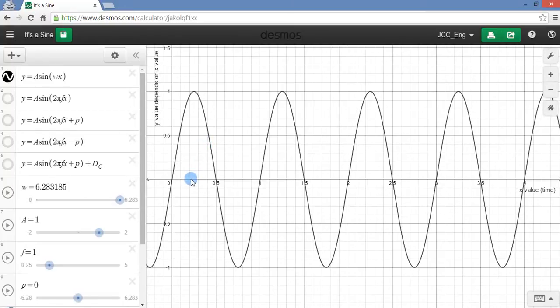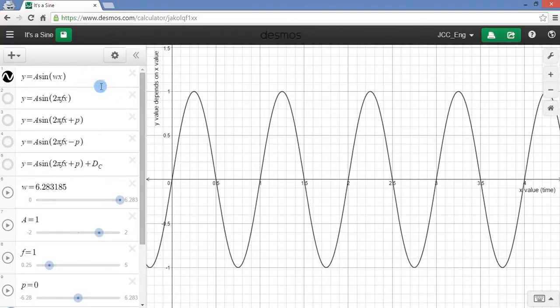It's the distance from 0 to the maximum. So here our A, our amplitude, is 1. That's like 100% of what the sine wave can ever get to. It can never get bigger than the amplitude. So whatever you've set that to, whether it's volts or meters or anything, that's the maximum it will ever get